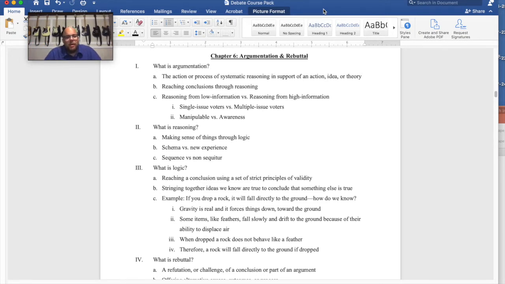So a schema is your script in your head based on your own experience and expectations of what will happen in a situation. So let me give you an example we can probably all relate to. If you have been to a job interview, it doesn't matter where it's at. It could be at McDonald's or a super prestigious place. You probably have an image in your mind of what it will be like. Now, it doesn't mean that it will be like that, but you have an image of what it will be.